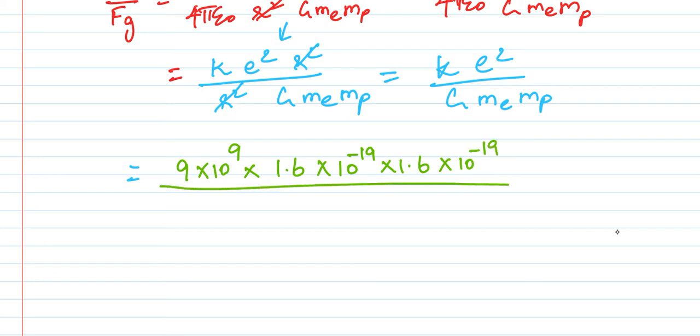Divided by, what is this G value? Do you remember? 6.67. In the meantime, when you are watching this video itself, note it down in a notebook separately, so that will be very helpful for you. 6.67 into 10 to the power of minus 11, into the mass of electron and proton I am supposed to write. So I am going to write one by one. So 9 into 10 to the power of minus 31, and then into 1.66 into 10 to the power of